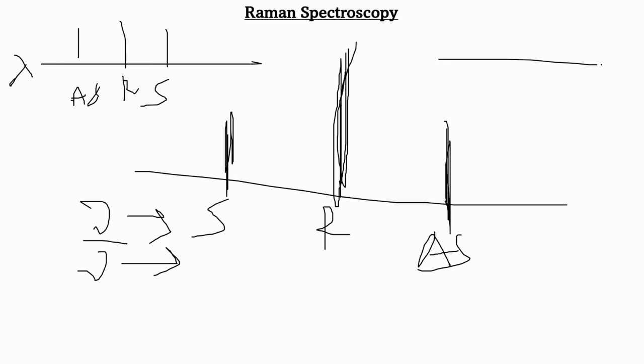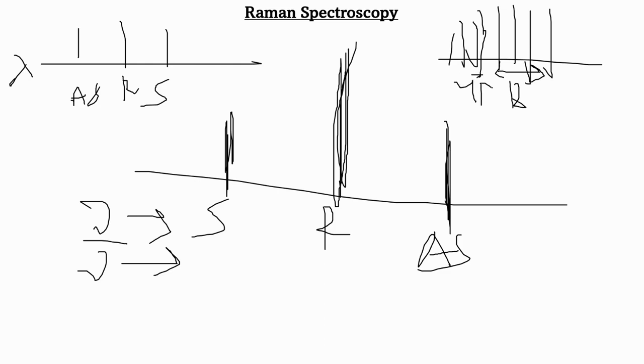Suppose this is Q, this is P, this is R. The separation between these two is 12b, that is 16b, and for these spectra the separation is 4b. So it is different from the conventional rotational vibrational spectra, where the separation is 2b rather than 4b. So these are the things we discussed